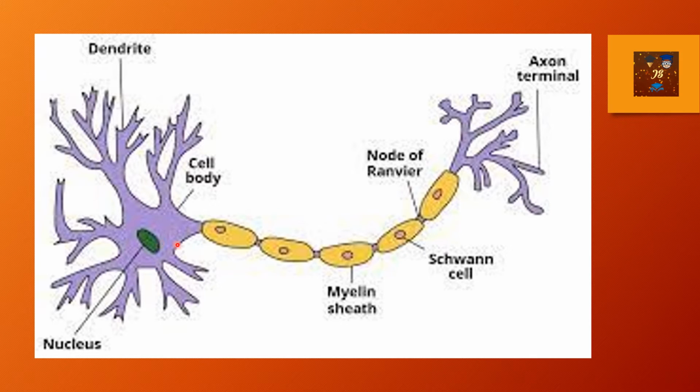Basically, any stimulus can pass through this. Suppose I touch you, then these dendrites collect the stimulus, then it passes through the axon to the axon terminal, and from here we see some knobs that are known as synaptic knobs. From there acetylcholine, one substance, is present, that is known as the neurotransmitter. It basically transmits that stimulus from the previous neuron to the next neuron. Okay, clear?